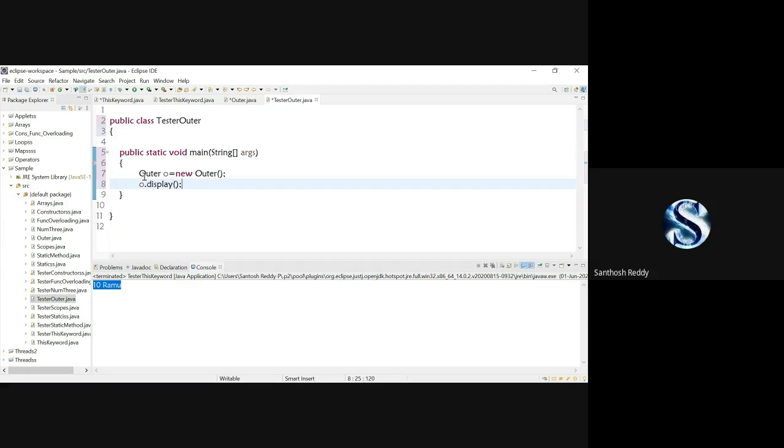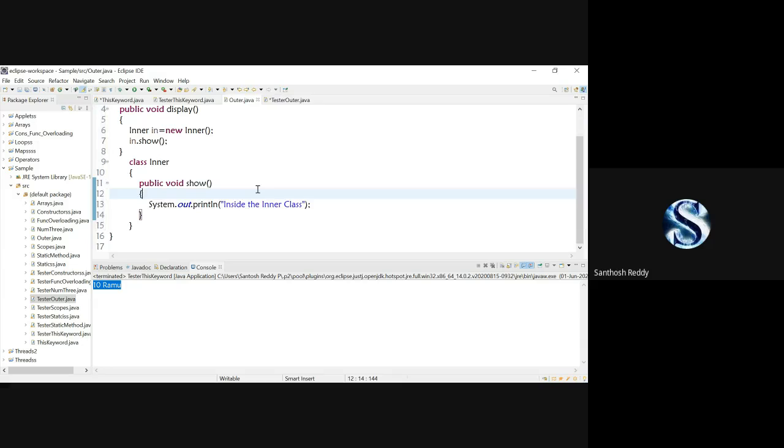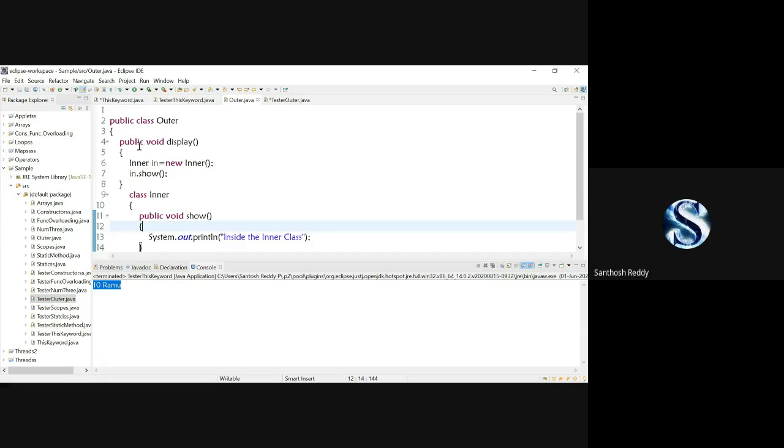What is going to happen here? First, the outer object is going to be created, and O dot display. Now I'll move to the outer class. It will enter into the outer class and check where the display method is. It will enter into this and create another object called the inner object. Through that inner object, I'm going to call in.show.